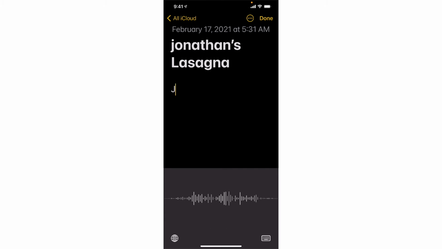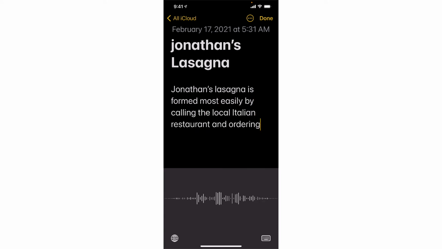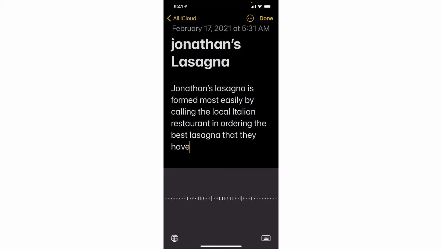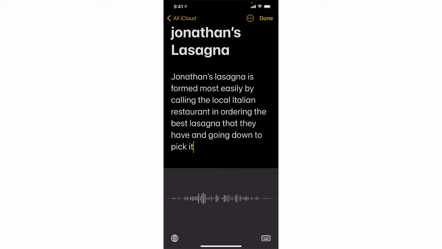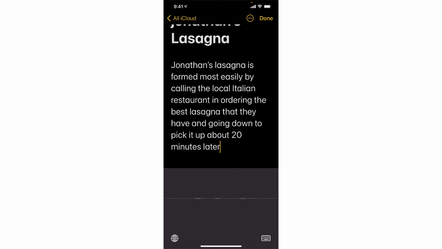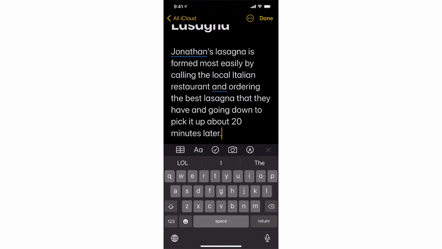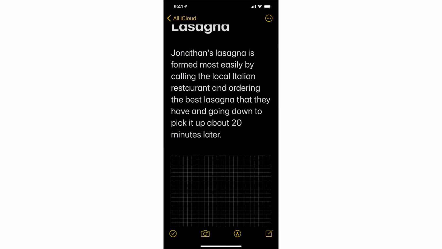Jonathan's lasagna is formed most easily by calling the local Italian restaurant and ordering the best lasagna that they have and going down to pick it up about 20 minutes later. Period. So I'm done with my note, and now that I'm done, from a note, I can move this note